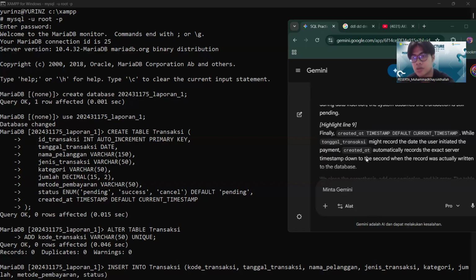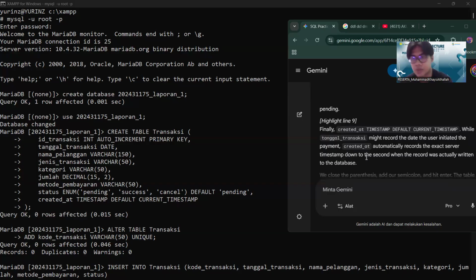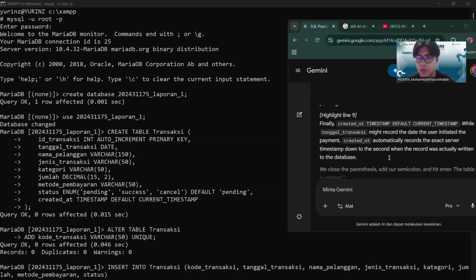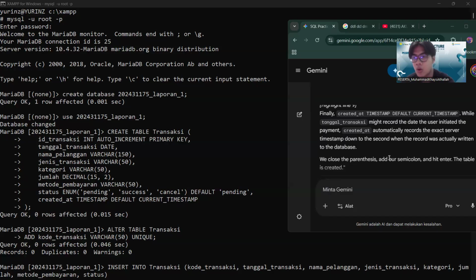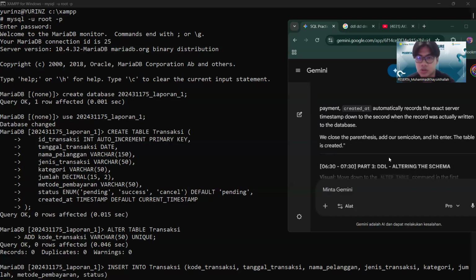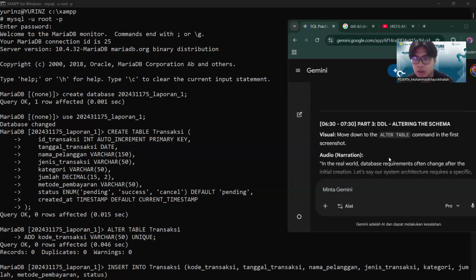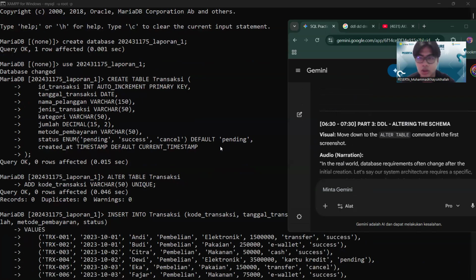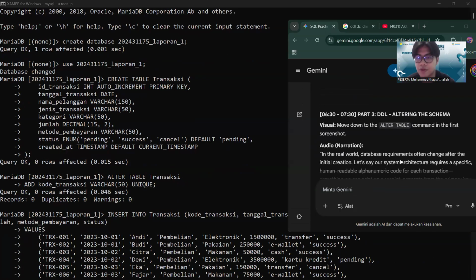We use timestamp default current timestamp. While tanggal transaksi might record the date the user initiated the payment, created_at automatically records the exact server timestamp down to the second when the record was actually written to the database. Okay, move down to the alter table command in the first screenshot.